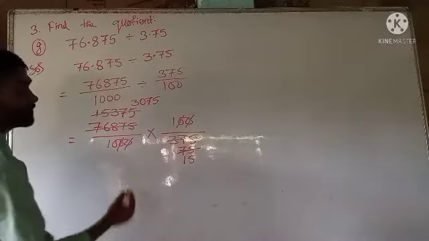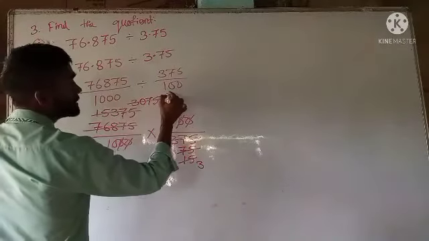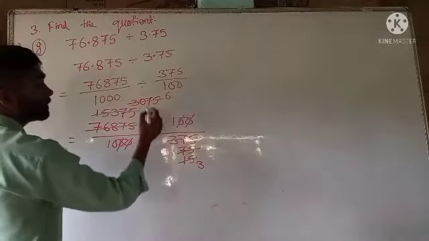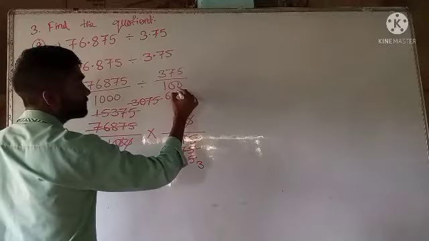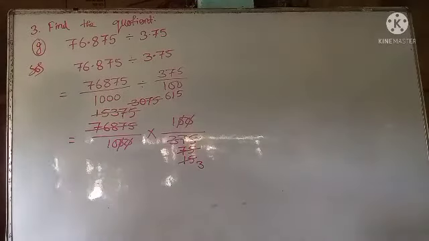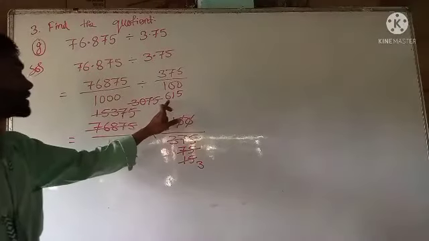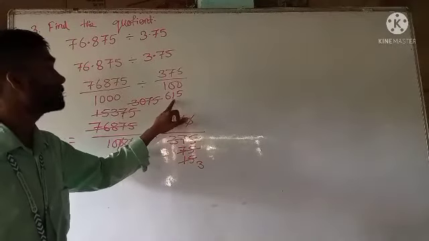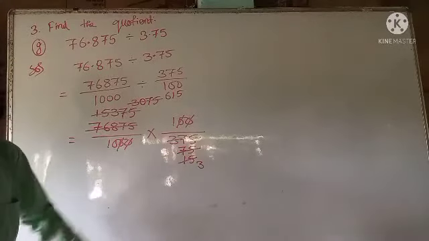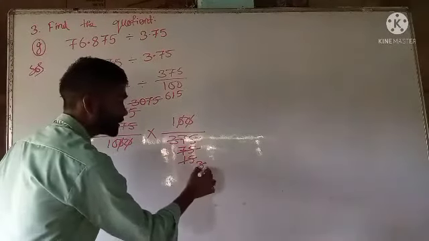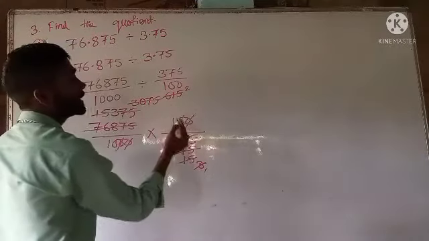So again we can cancel it by 5. 5 3s are 15, and 5 6s are 30. 5 1 is 5, and 2 is carried, so 5 5s are 25. Now here we got 3, and here it is 650. Now 6 plus 1 is 7, 7 plus 5 is 12. So it is divisible by 3, and here also we can see 3. So we will cancel it by 3. 3 1s are 3, and 3 2s are 6.